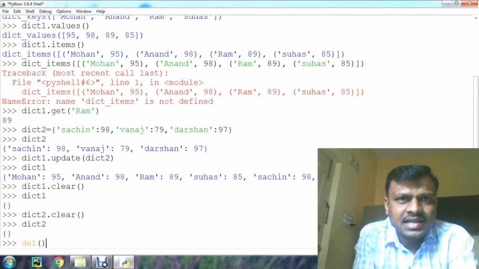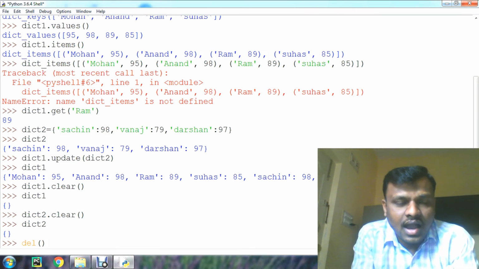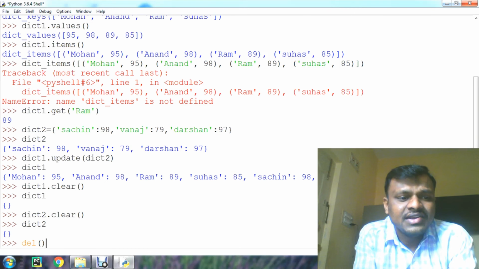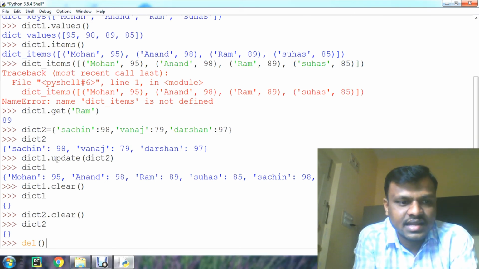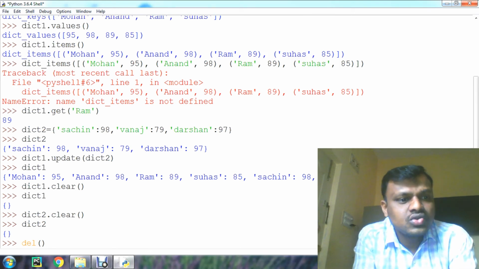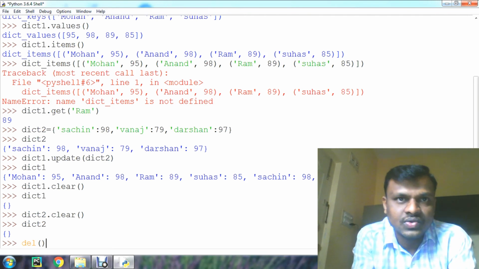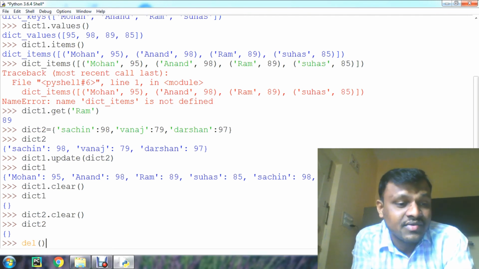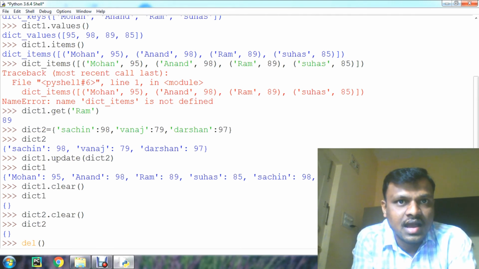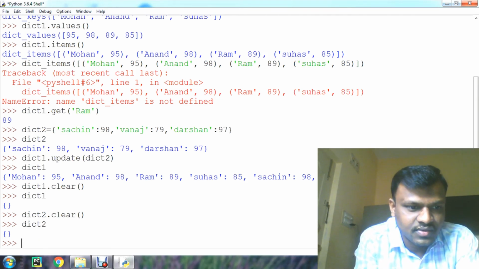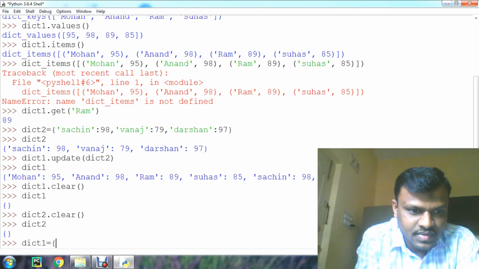This delete function is used to delete particular items present in the dictionary. The clear function is used to clear the entire dictionary, but the delete function is used to delete the item with the given key. Let us create dictionary 1 now with some values.